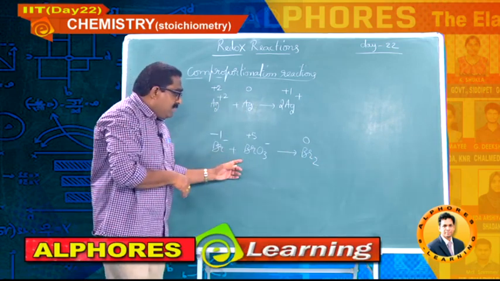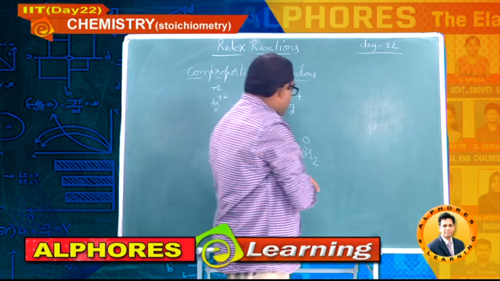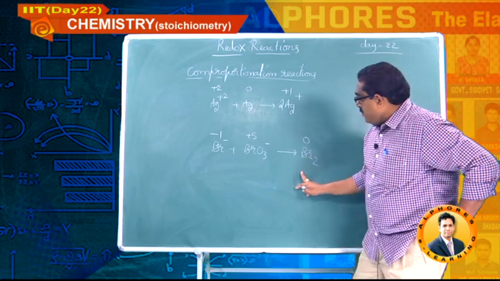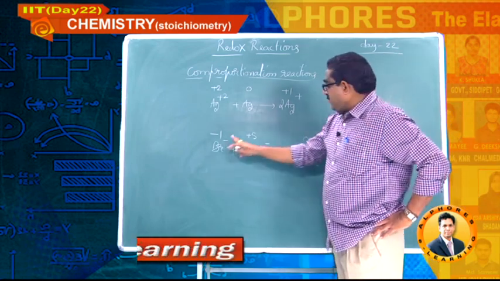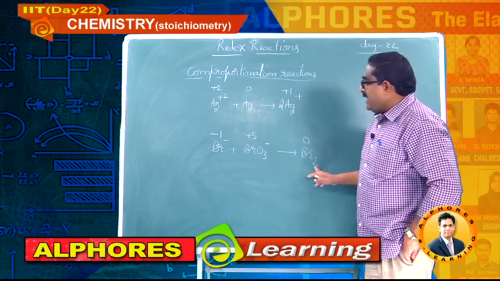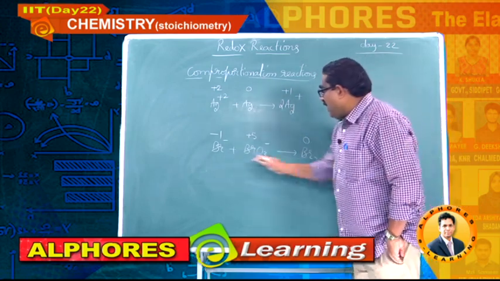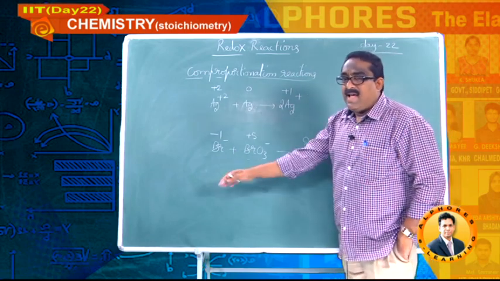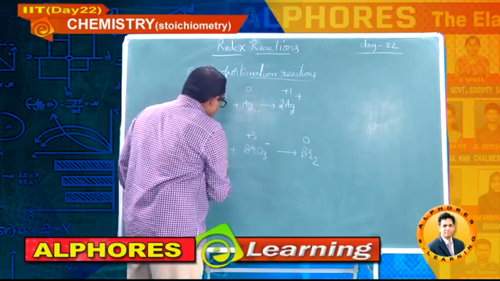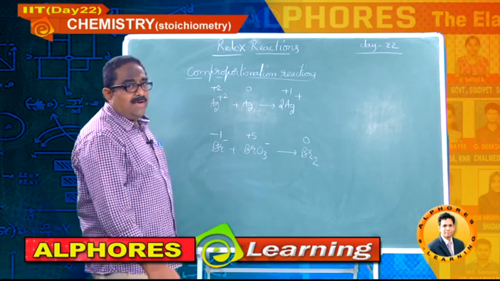Look at this example. Come from that side, bromine: both the bromines are 0, one bromine goes to -1 (reduction), the other bromine to +5 (oxidation). Same element, reduction and oxidation into two different products. So from this direction to this direction, you can call this disproportionation. Now from reactants to products side, this should be called a comproportionation reaction.